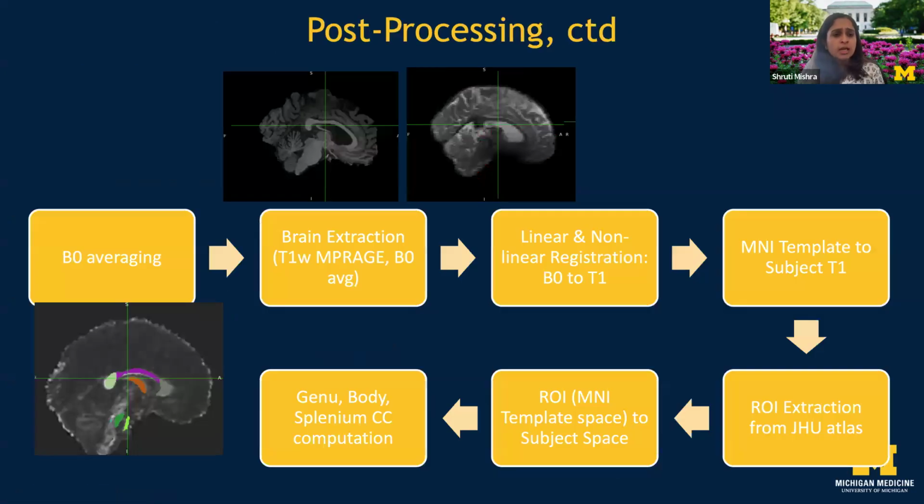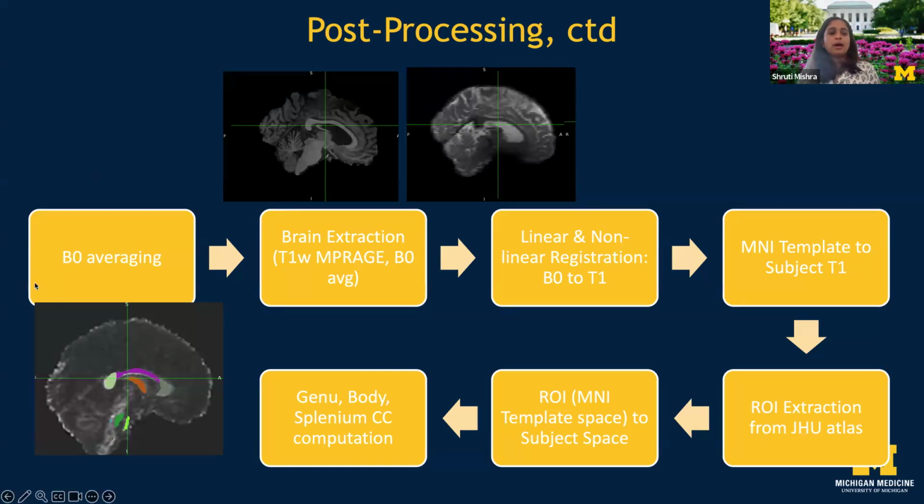For post-processing, big picture, we used the Johns Hopkins University atlas, a white matter atlas, to derive regions of interest. Our 3 regions of interest were the anterior portion, in other words the genu, the body of the corpus callosum, and the splenium of the corpus callosum. We did all of our computation in subject space. So in other words, we took the ROIs from the template space and put them into subject space using the T1,